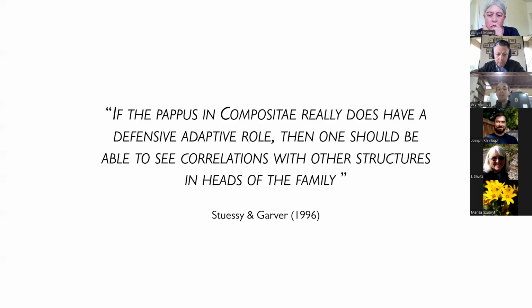And Stussy and Garver, in their paper, also include this sentence, which says that if the pappus in the Compositae really does have a defensive adaptive role, then one should be able to see correlations with other structures in the heads of the family, right? So they think that